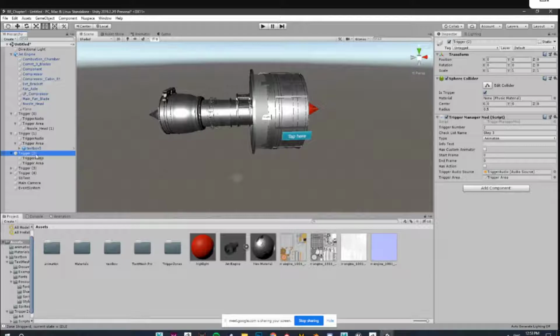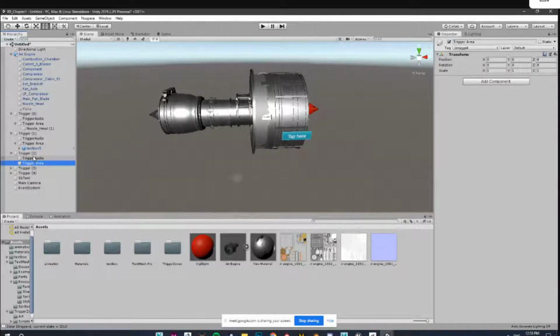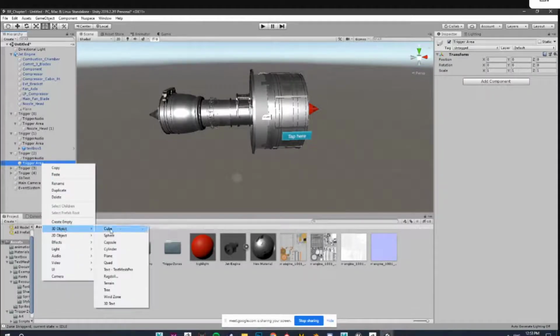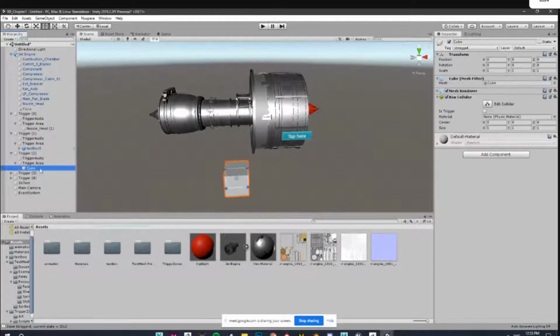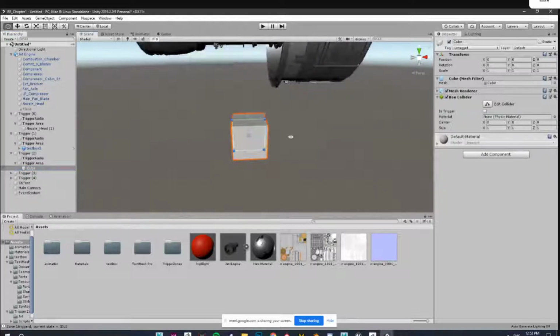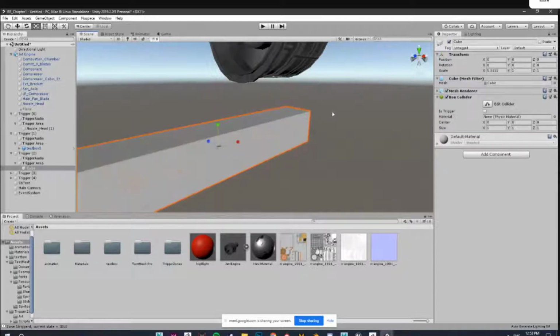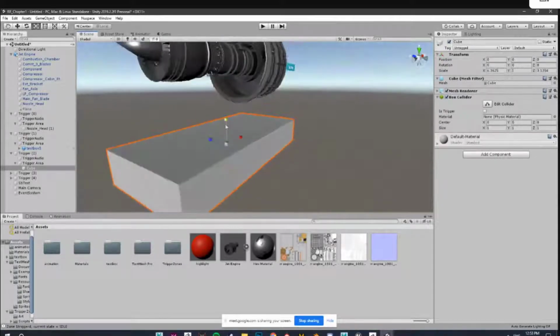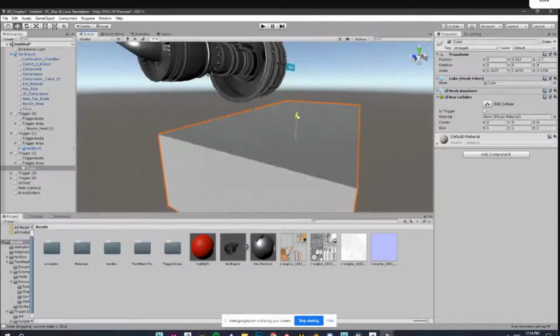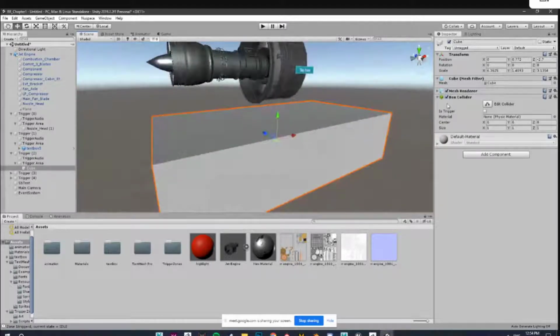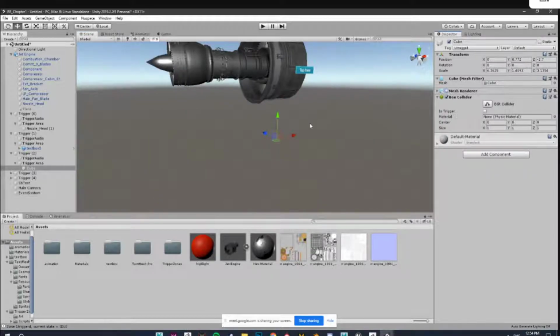For trigger two again, we'll create an invisible trigger. An invisible trigger is nothing but a collider without a mesh. If we add one cube and change the cube size to, let's say, this big, we have a box collider, right? But if we remove the mesh renderer, we cannot see the mesh, but the box collider is still there.